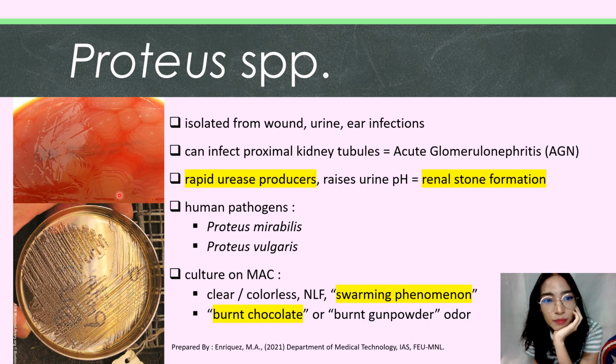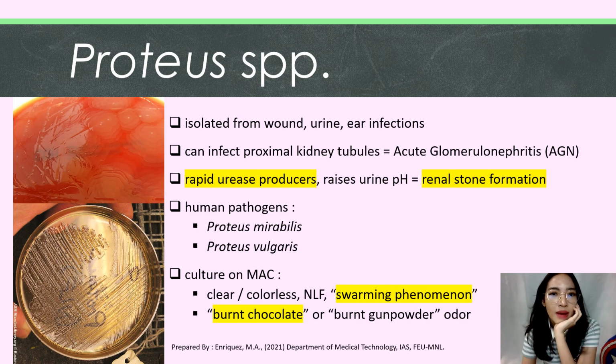And even on BAP po, pwede pa rin natin ma-observe yung swarming motility nila. So, kapag po sinabi na swarming motility or nag-produce ng swarming phenomenon ang isang isolate, dapat po, una nyo nang maisip is Proteus species. With regards to their odor, they have been described to produce a burnt chocolate or a